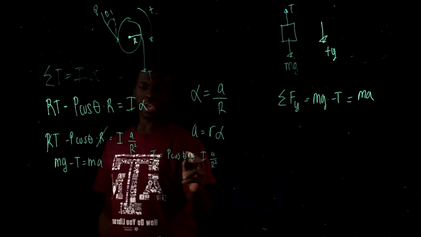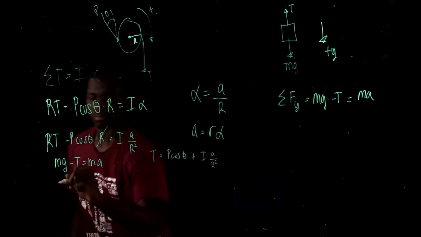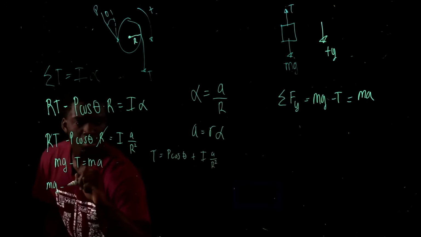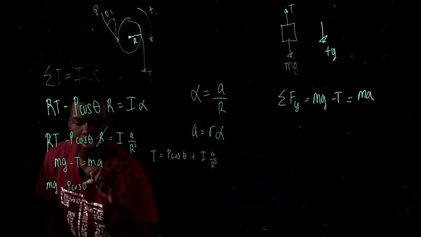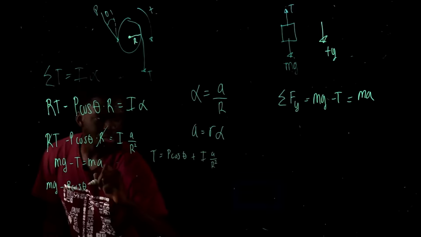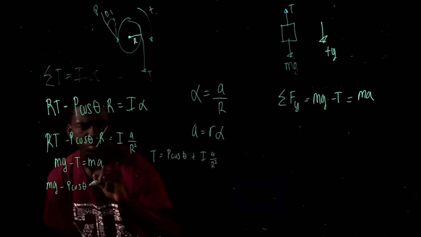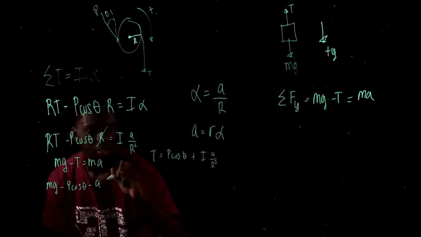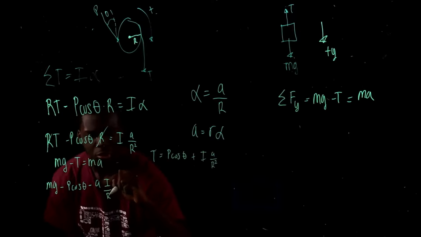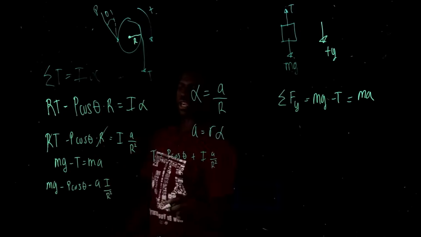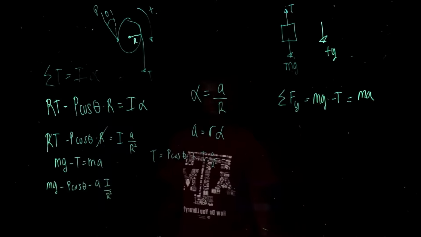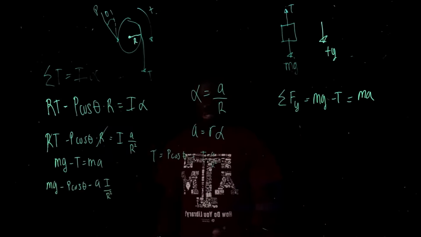Okay, now put that over here. Mg minus P cosine theta, let's just rearrange that one, minus A I over R squared. We just rearranged this the same exact way to write it. And that is equal to